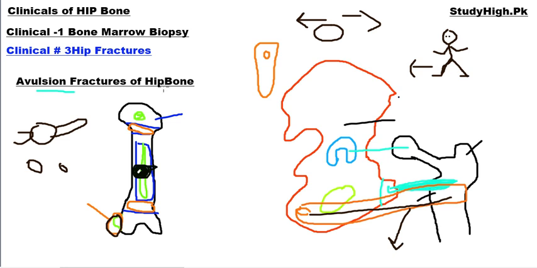Sometimes, due to fracture of the hip bone, we need to replace it with another bone. So you must also know that the hip bone can be replaced. Second, avulsion fractures of the hip bone also occur at the anterior superior iliac spine, which is connected with the sartorius, the posterior superior iliac spine, the posterior inferior iliac spine, and especially the ischium and pubis. So different types of avulsion fractures are possible in the hip bone.